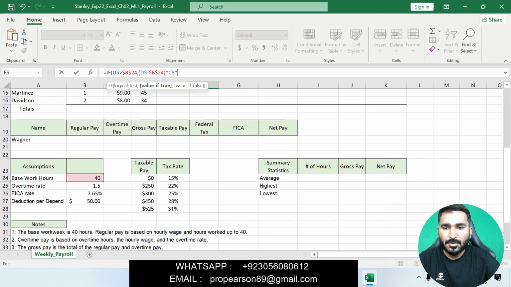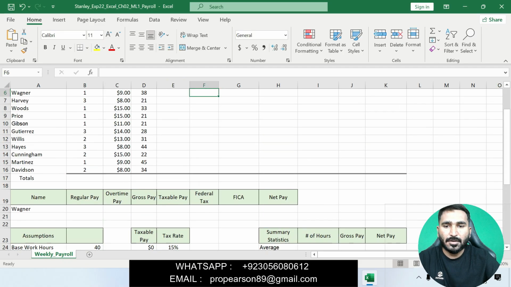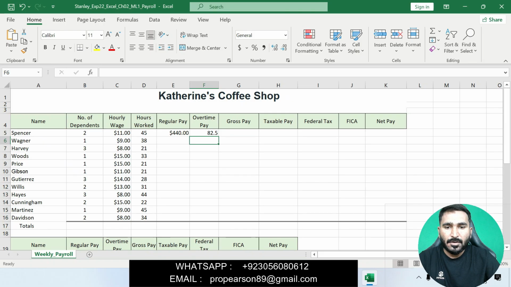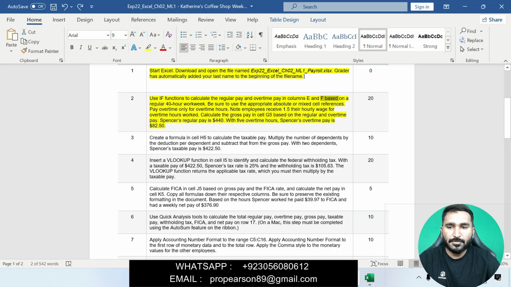B25 is also an absolute reference, and then 0, and then press enter. It will find the overtime pay in column F, you can see here.